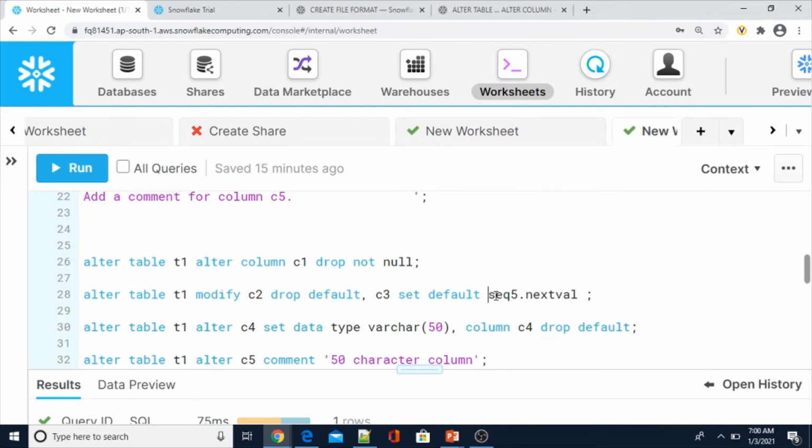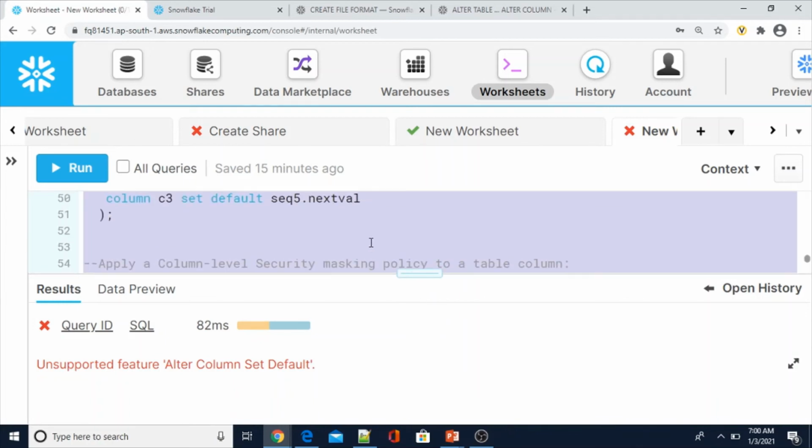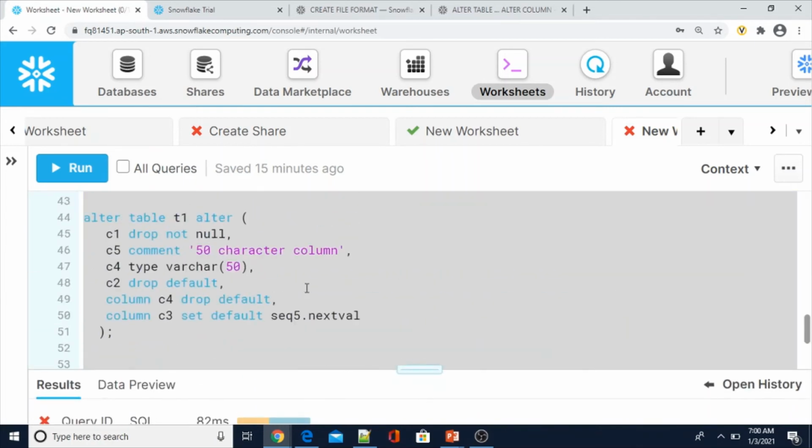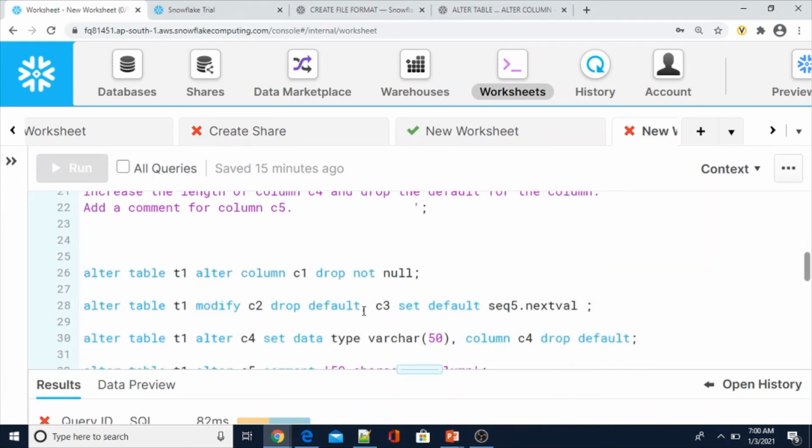Assume that I am going to use sequence 5 dot NEXTVAL, which is not present, and we'll see what the error is. So, unsupported feature, alter column set default. Okay, it failed, so this is also not applied.